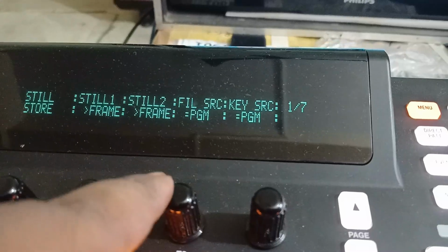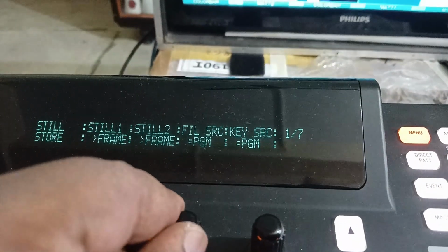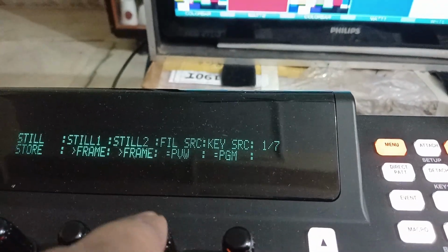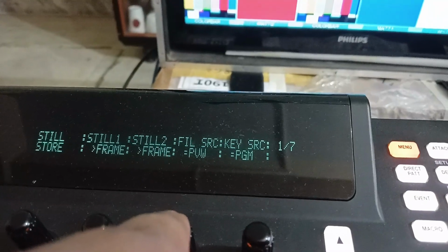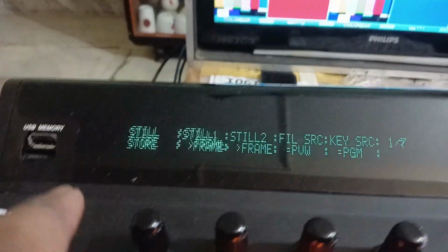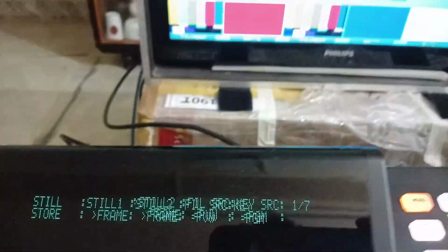And you can see the fill source, keep it for safety purpose in preview. It means whatever sources are in your preview, this will grab. Got it? So to grab it, just press here still 1. So you can see in my preview